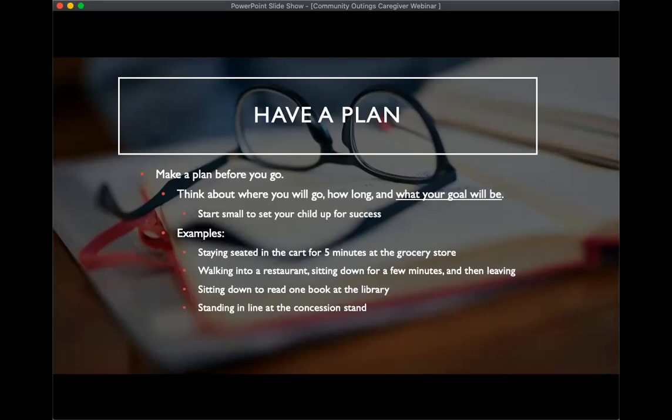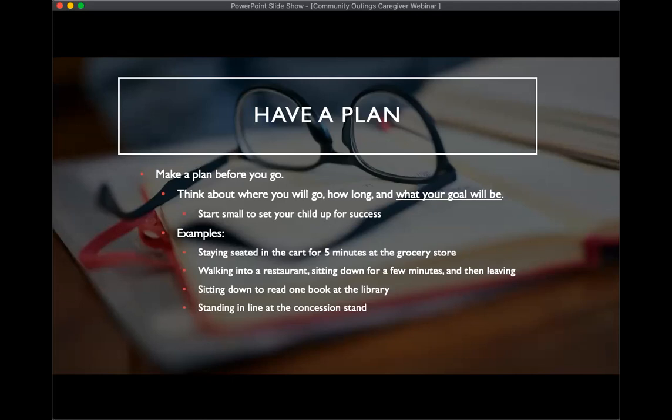Somebody did mention restaurant as being a really tricky one, and liking to get up and run around. So, maybe your child's not able to tolerate sitting for that duration of time just yet. But if you start small and work up to that big long time, it can be a lot easier because they are able to contact that success multiple times and with practice to work up to that big goal.